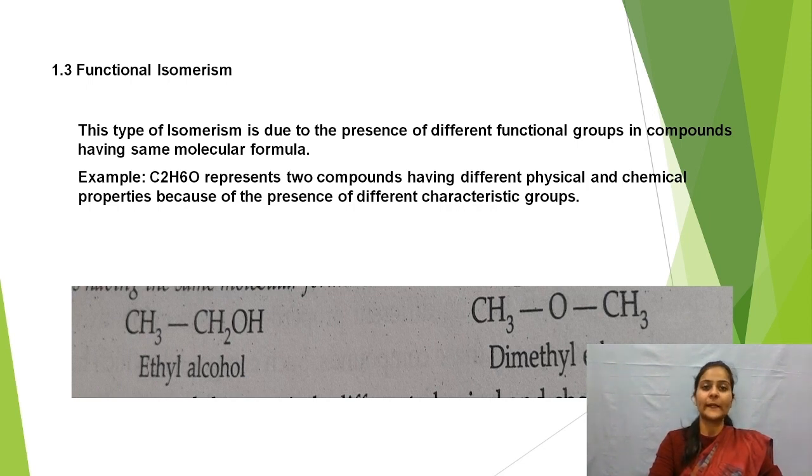In case of ethyl alcohol, the hydroxyl group is attached to the chain of carbon atoms, so here you can say the functional group alcohol is present. But in case of dimethyl ether, the oxygen is present at the center, and the functional group here is ether, but both of them have the same molecular formula, that is